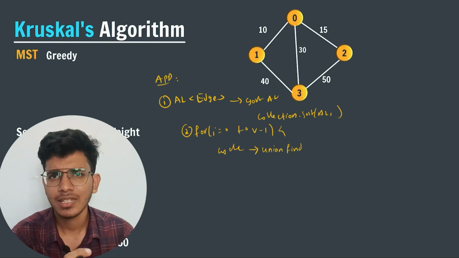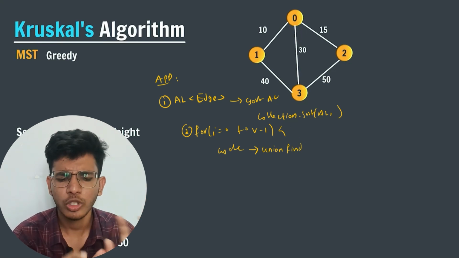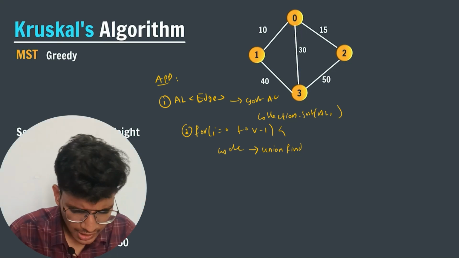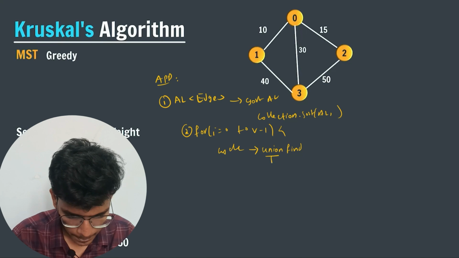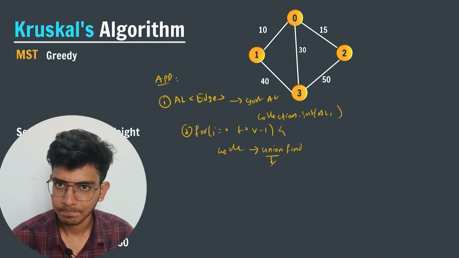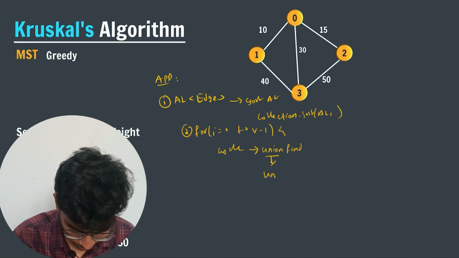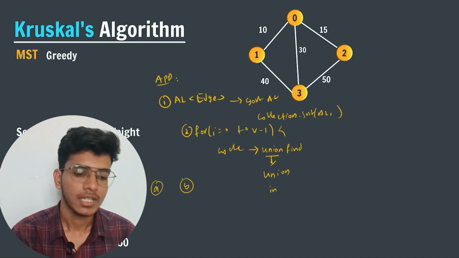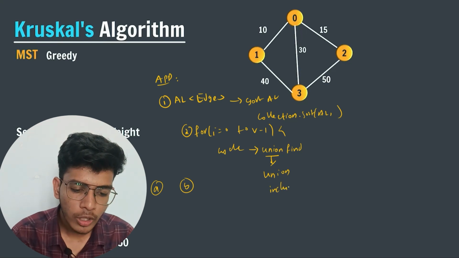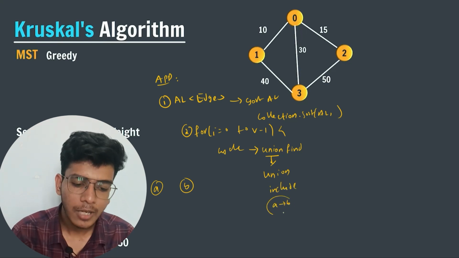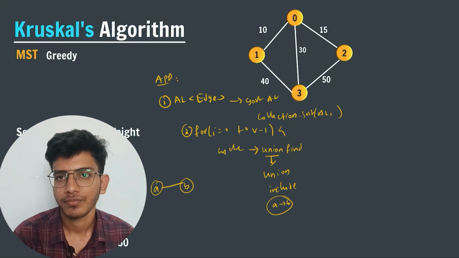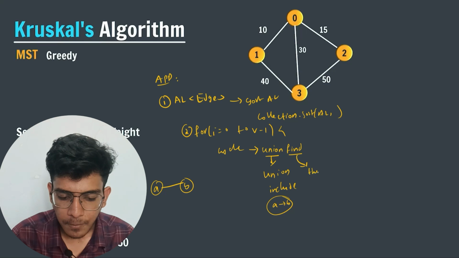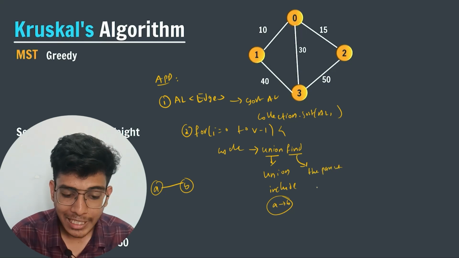Union find approach. In the code I will show you what union and find are, but let me tell you in general terms that union will combine two elements. Let's say I have node A and node B. Union is used to include node A into B, so it will combine these two nodes. And find is used to find the parent